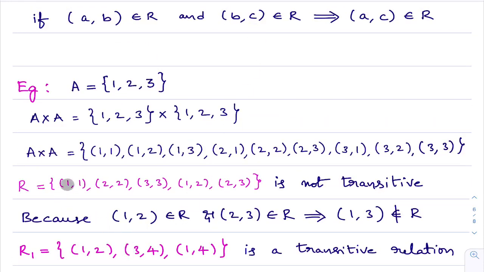Now you see here 1, 1. How to check? Please listen carefully. You will get confused if you do not follow what I am saying now. A comma B, here B is 1. You observe whether there is any other ordered pair in this relation which starts with 1. First you take 1, 1. You take any other ordered pair which starts with 1. Yes, this starts with 1.